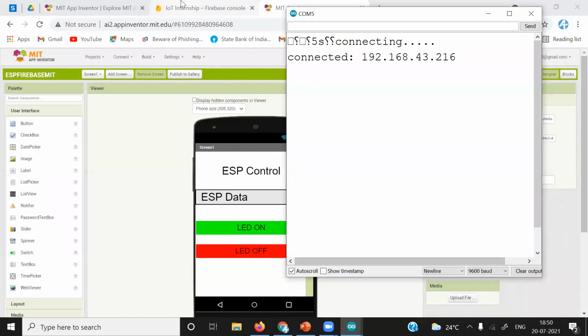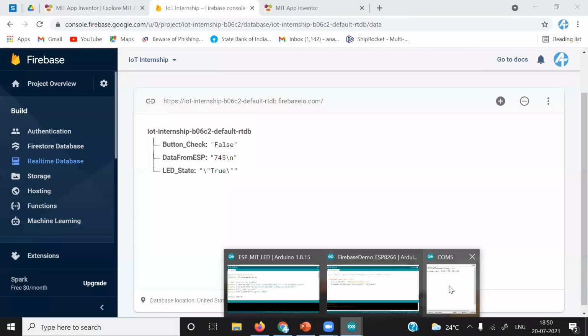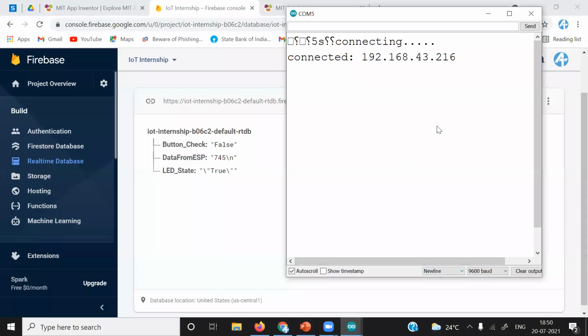Now it is connected. First thing we will do, we'll check it in parallel. Everything is working fine. The two ports are isolated properly. You can see here also already. I'm making it on. It is on. I will make it off. You can see that the LED has turned off now. I'll make it on.